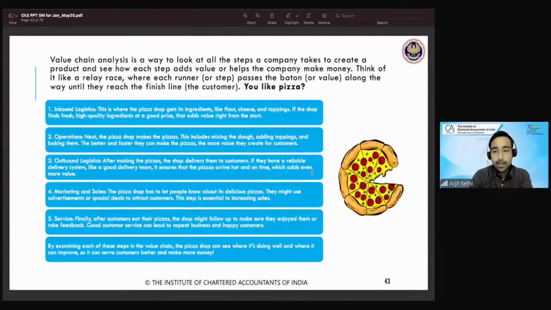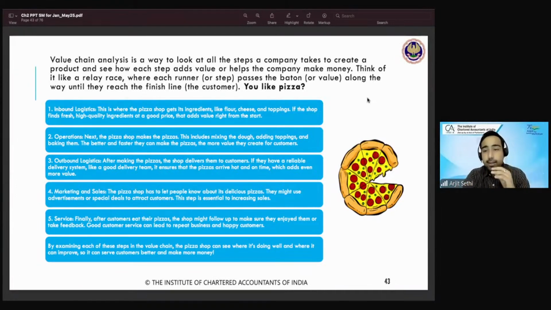Value chain analysis. Now, this is where a lot of people were confused. So I have this for you to understand. We will spend the next 5 minutes on value chain analysis. A lot of people are really confused. What is this? Value chain analysis, margin, how is all this interlinked? We don't really understand value chain analysis. So let me help you.